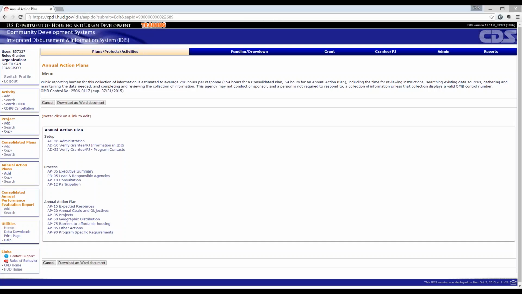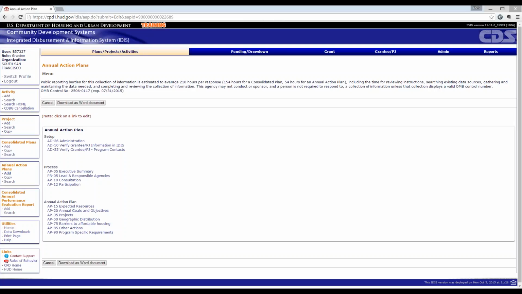And you can run a report to determine who that local IDIS administrator is. Peter, you confirm for me, but I think it's the PR30 report. Is that correct? That's correct. So if you run the PR30 report in IDIS, you can determine who your local IDIS administrator is and the rights and privileges of all the IDIS users for your jurisdiction.